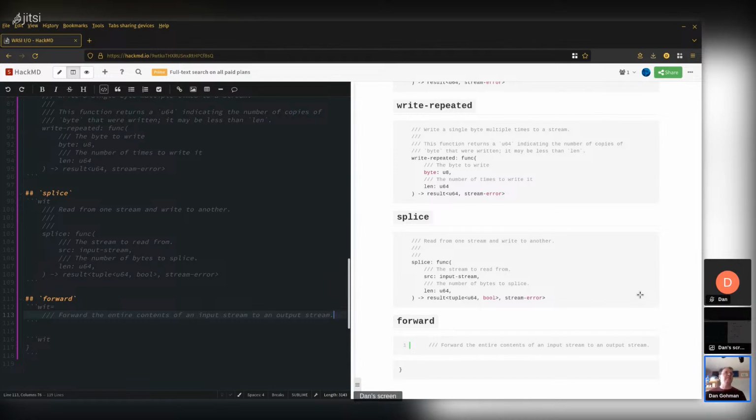And then that makes it sort of like, is it worth having this function if it's just going to block? Because it's just a convenience wrapper around splice. Maybe it is, because in splice you have to pick how many bytes you want to do each time. And if you just want to copy the entire stream over, I guess you could literally just pass U64 max as the maximum number of bytes, splice it over, and have it copy.